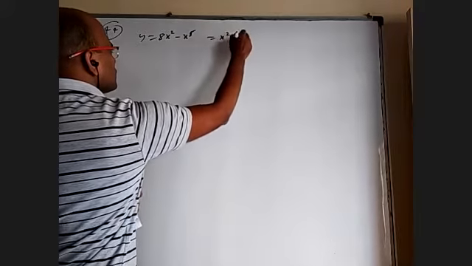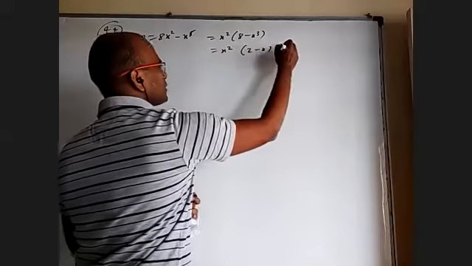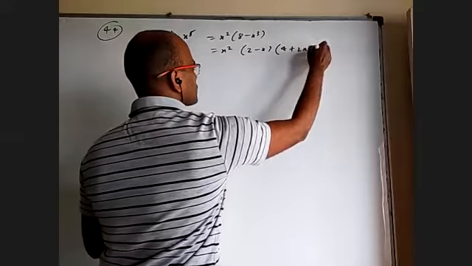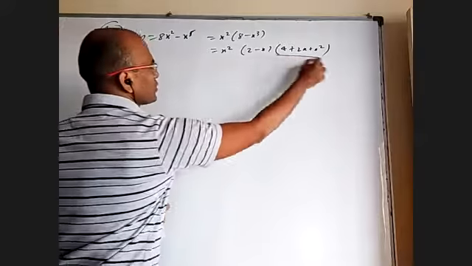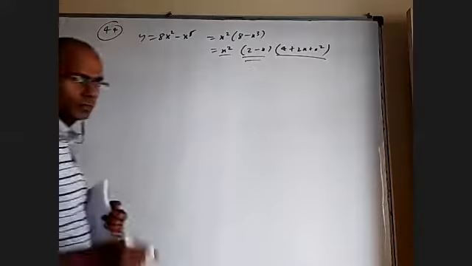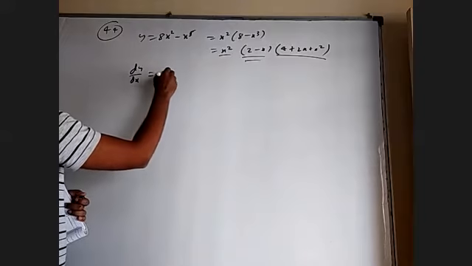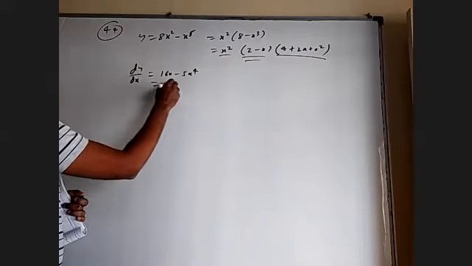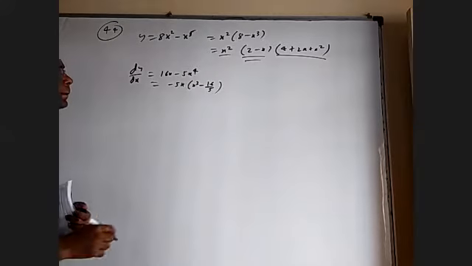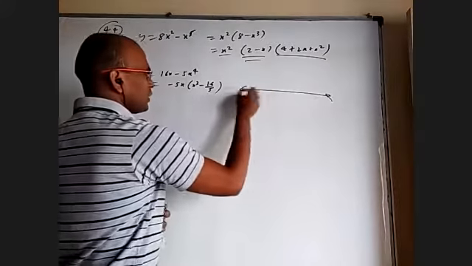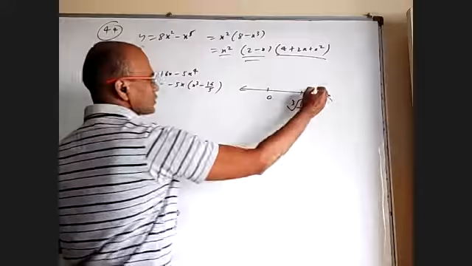If we take x square common, I'll get 8 minus x cube, which is 2 minus x into 4 plus 2x plus x square. This is always positive. Everything depends on this. Even if we find derivative dy by dx, it will come 16x minus 5x power 4. If I take minus 5x common, it is x cube minus 16 by 5. If I take the number line at 0 and the cube root of 16 by 5, it is negative, positive, negative.